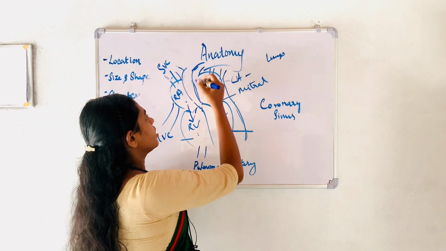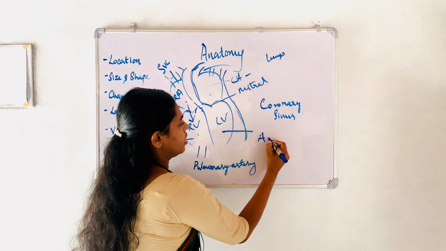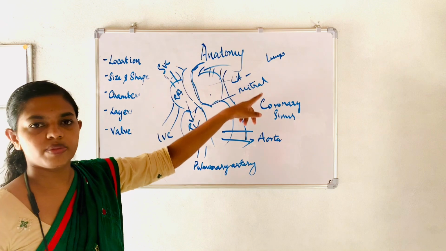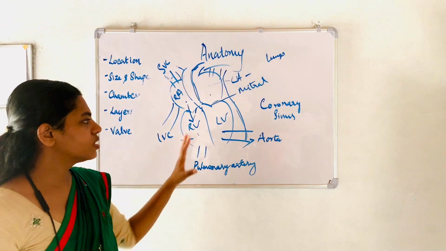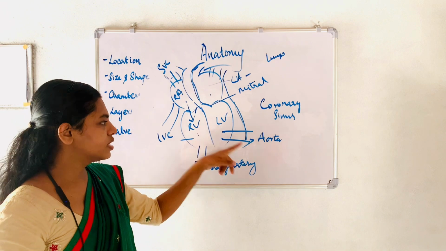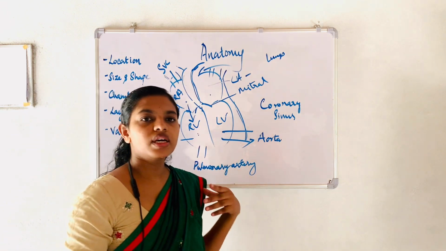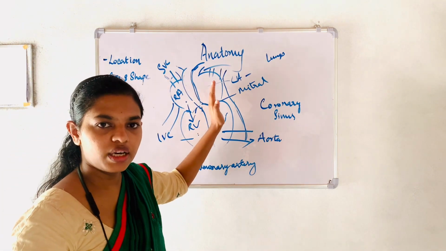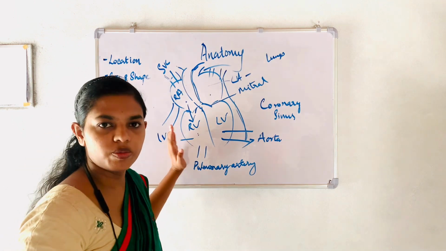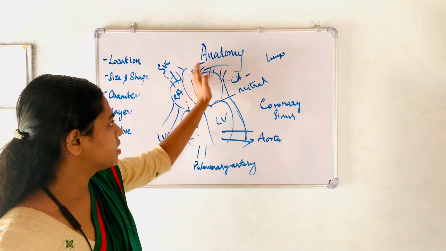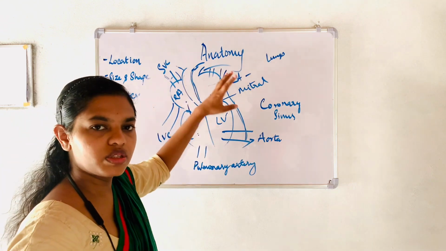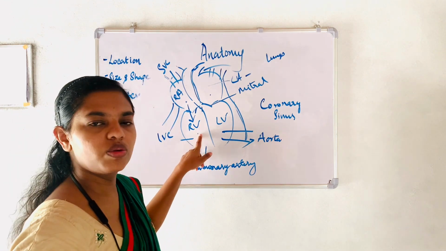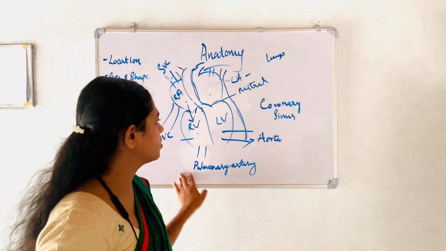Okay, this is the aorta. So from left ventricle goes the aorta and it supplies the whole body. Okay, so this is about the circulation, and since the left ventricle is pumping against a higher pressure, that is a high pressure system. The left side is a high pressure system and the right side is a low pressure system. Okay, and this circulation from the LV, it goes to the aorta and supplies the whole body. That is known as systemic circulation. And from the RV, it goes to the lungs. That is known as pulmonary circulation.